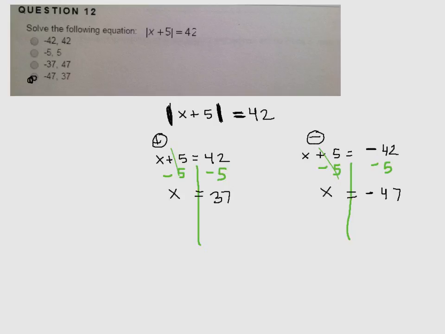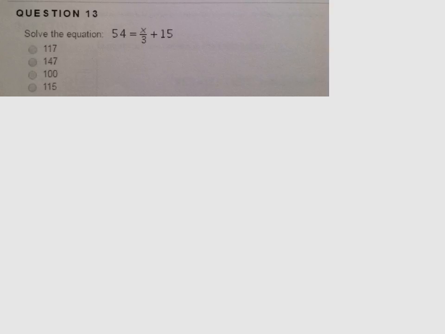Moving on to number 13. Number 13, they want you to solve for x. So again, you could either plug in all of those numbers to see which one works out for x, or you could work it out step by step. I'm going to go ahead and work it out step by step. 54 equals x over 3, or divided by 3,